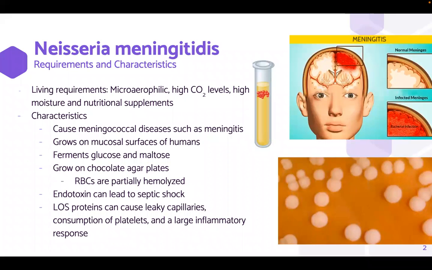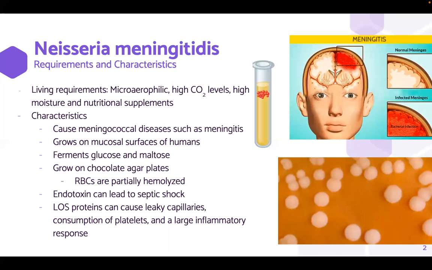So the living requirements for Neisseria meningitidis is they're microaerophilic. As you can see in the test tube, they need oxygen, but they're not at the highest level, so they don't need a lot. So they actually have low oxygen needs. And surprisingly, they have actually high carbon dioxide needs, and they need a lot of moisture in addition to nutritional supplements. And the characteristics of Neisseria meningitidis include